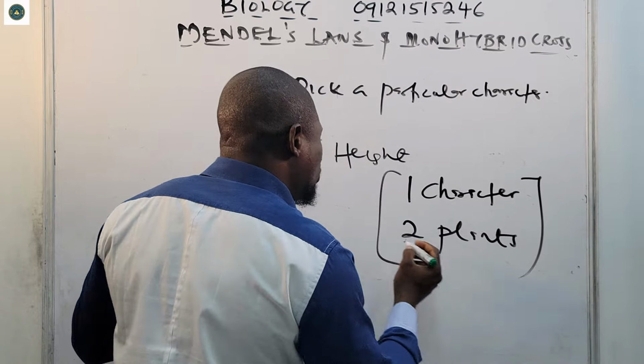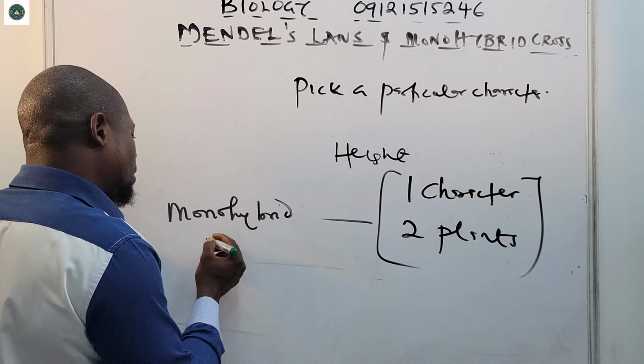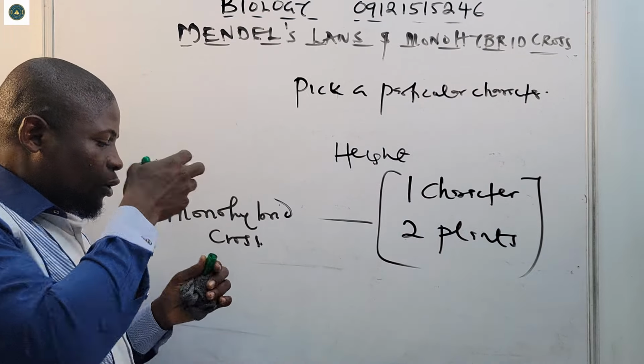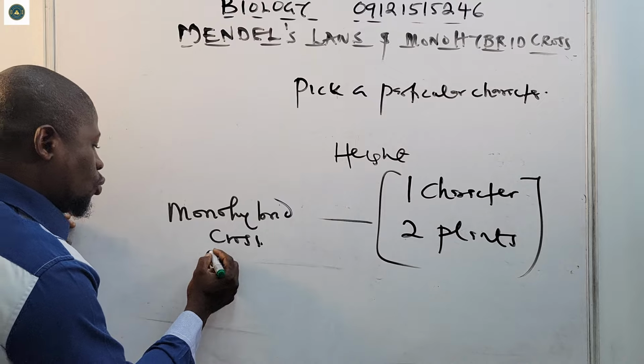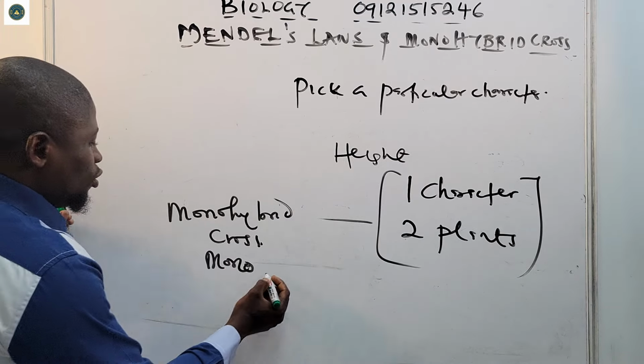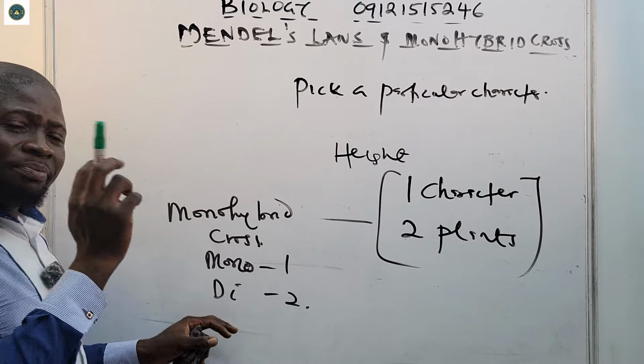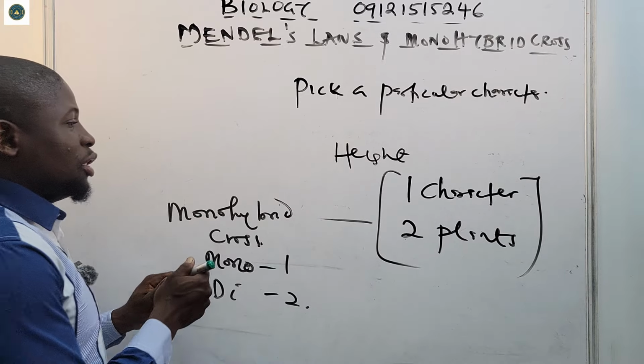It is this one that he named the monohybrid cross. In monohybrid cross, mono means 1. Please, so you never confuse monohybrid with dihybrid. Mono means 1, di means 2. So in monohybrid cross, it took